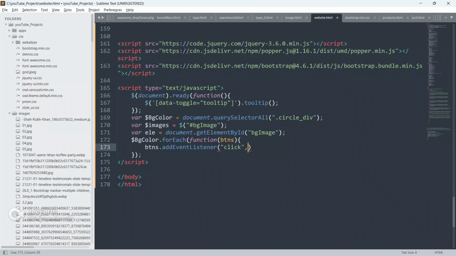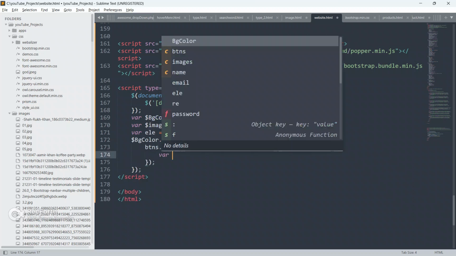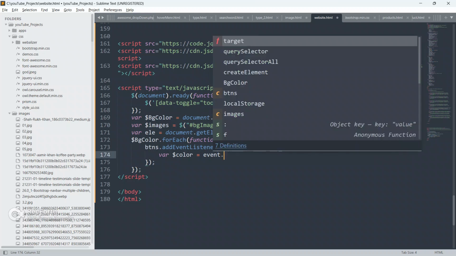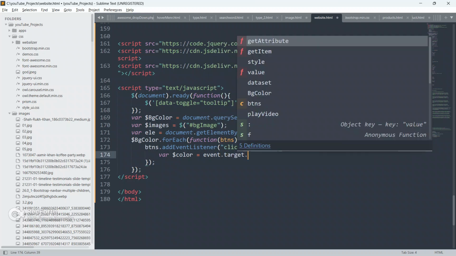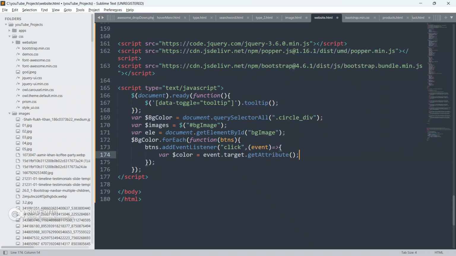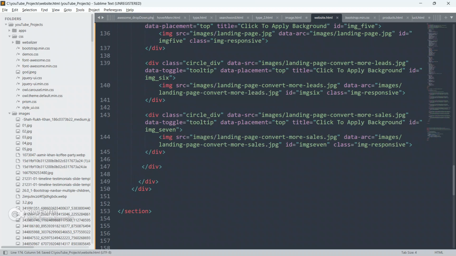So we are going to run a function now, and put event, arrow function here. Fine, create a var, give it a name as color, equal to event dot target dot get attribute.